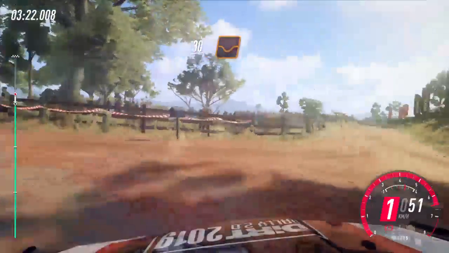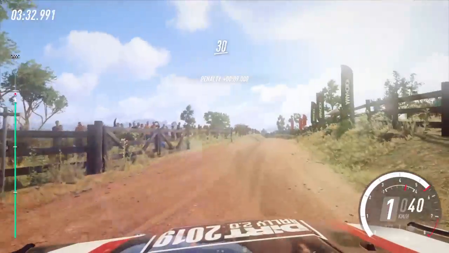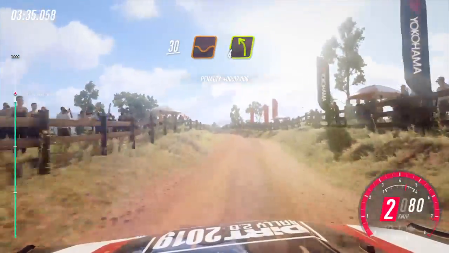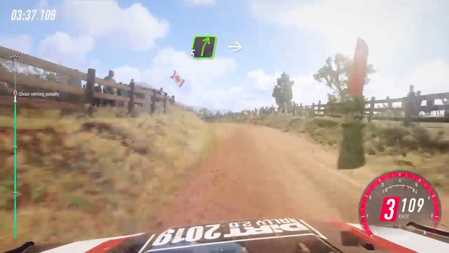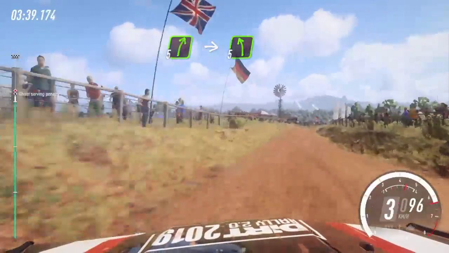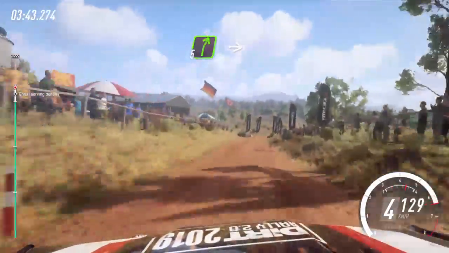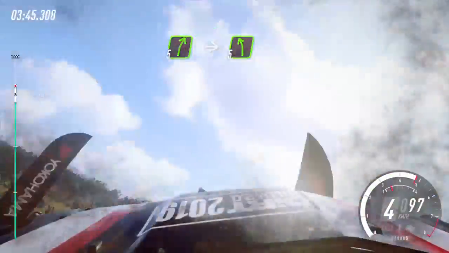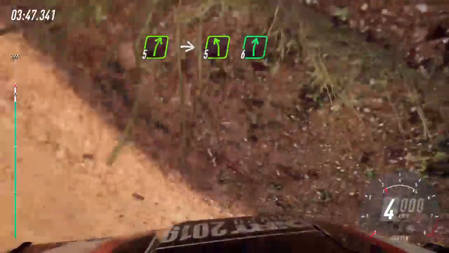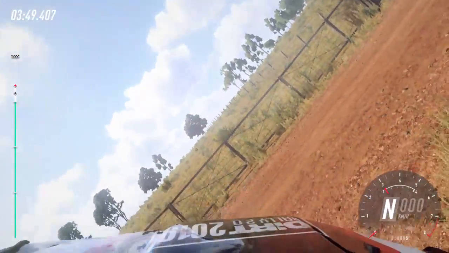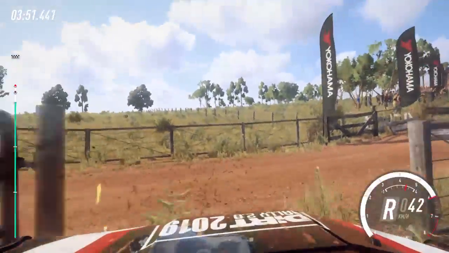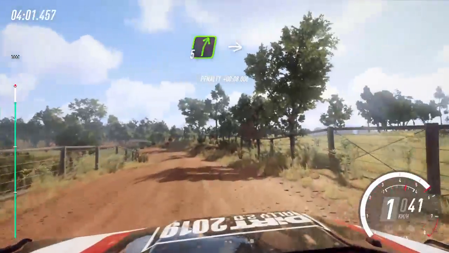30 over bumps, 4 left of a crest, 30 over bumps, 4 left of a crest, into 5 right, into 5 left of a crest, into 5 right of a grid, into 5 left, into 5 right of a grid,